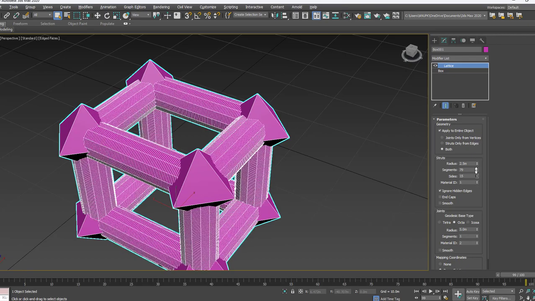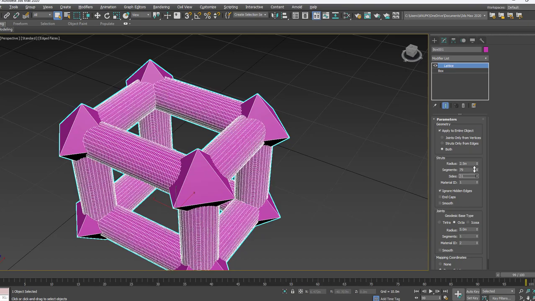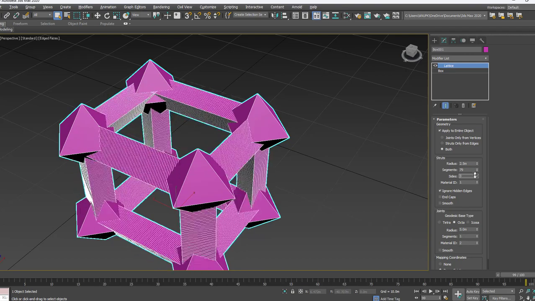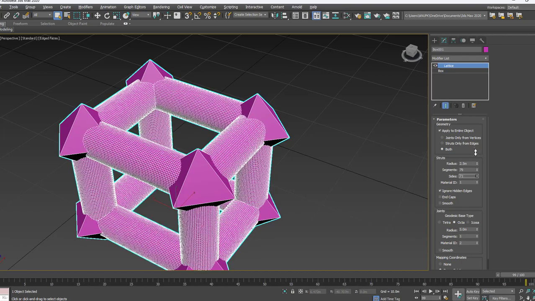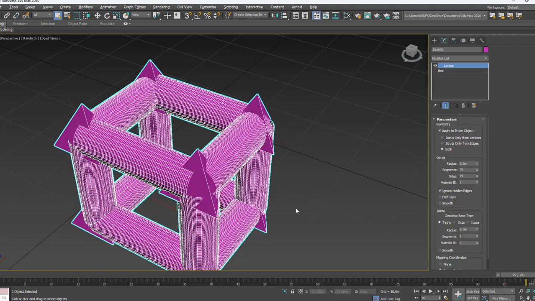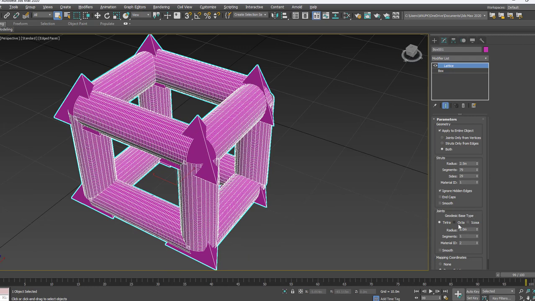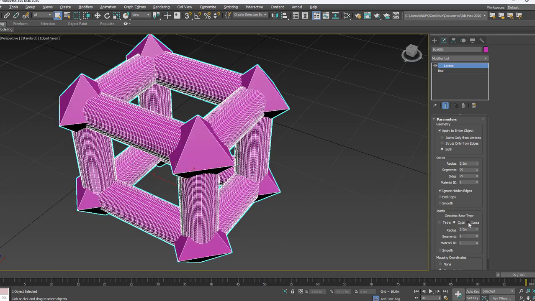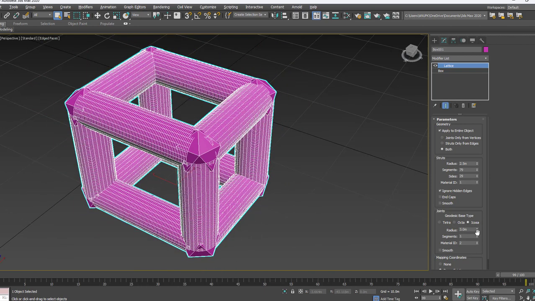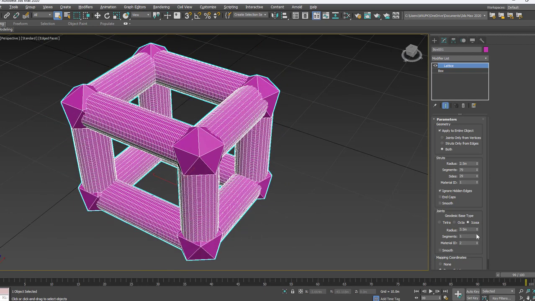And then sides, you can increase the sides, means you can make it triangle, rectangle, pentagon, hexagon, and then circular shape like this. Next, here you can change the shape of the base design, that is tetra, this is the corner, octa, and then icosa. Next, the radius of that particular design like this.